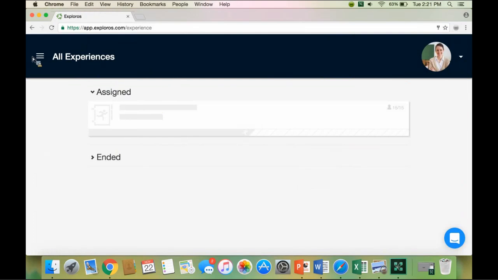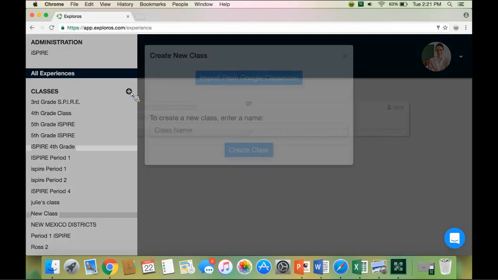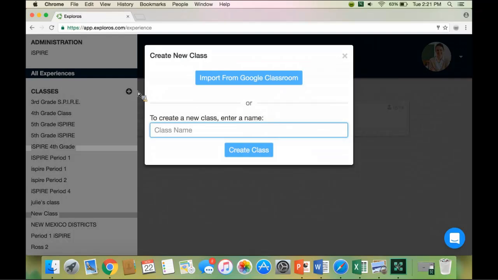And here's where you go to add a class. So I go into all experiences. At the upper left, it's these 3 horizontal lines that always takes you to your list of classes. So I go click on this, and then I have many classes set up, and it takes me to all of those. But I want to set up a new class. I'm going to go over to the plus sign, and that gives me my create a new class screen. It asks me to name the class, so I'm just going to name it Ross 5, and then I can create it,